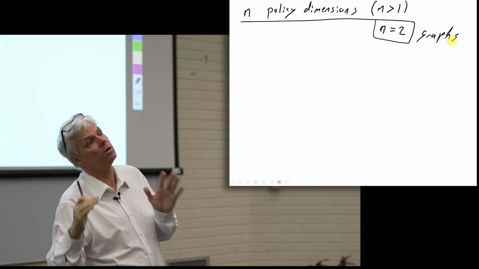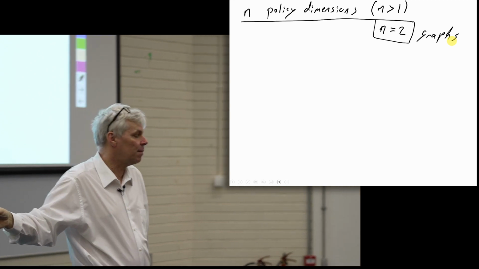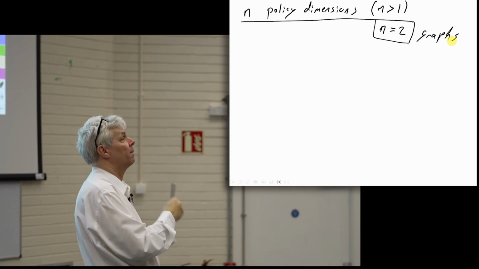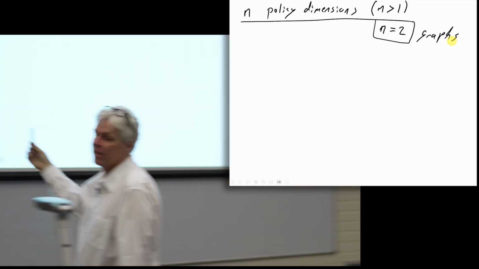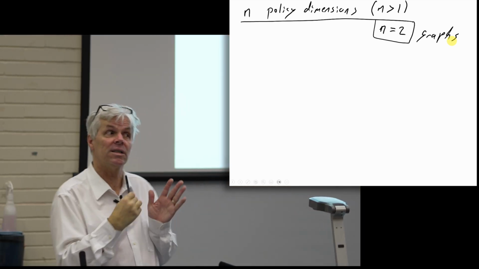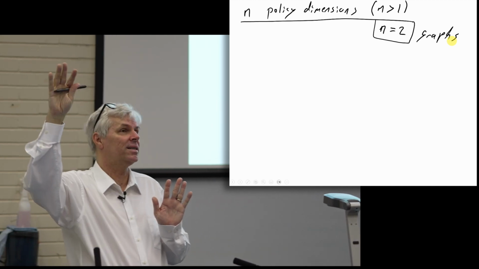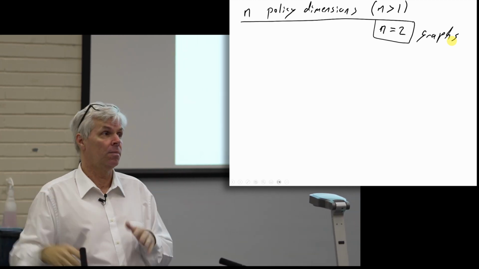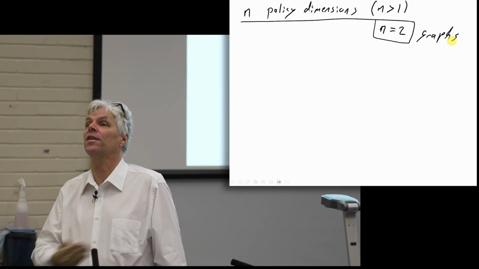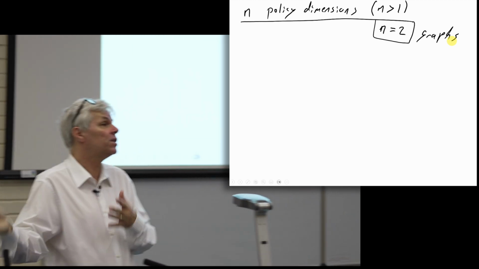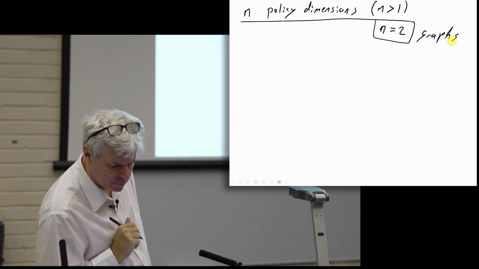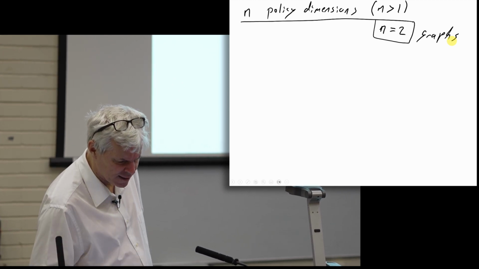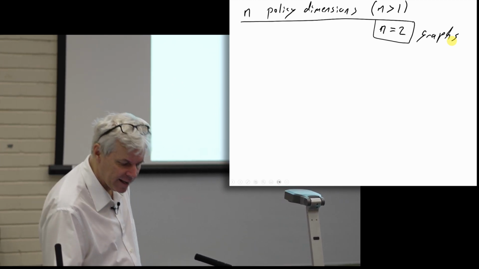So everything we do with 2 dimensions is the same as if you have 23 policy dimensions. Okay? Turns out it's different than if you have 1, though. Right? So 1 is special, but 2, 3, 4, 27, nothing special about any of them. We know this because the math is relatively easy to do, and you can just prove it. Okay, so we're going to have our 2 policy dimensions, and